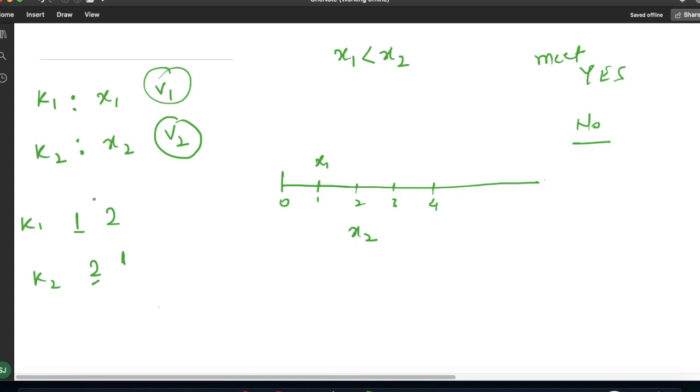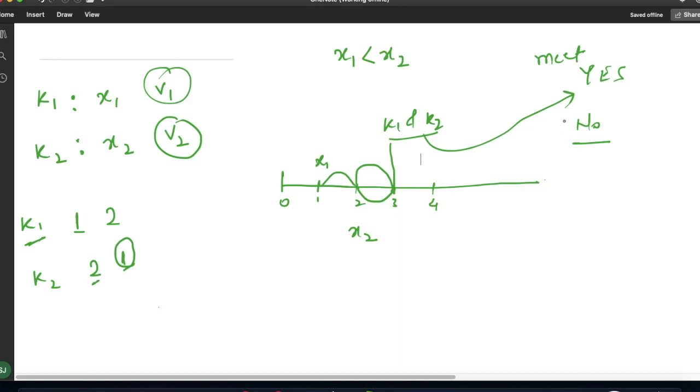You can see here, for this example, suppose k1 jumps 2 meter at a time, so it reaches the point here, and k2 jumps only 1 meter at a time. You can see here, if k2 jumps 1 meter, at this point both k1 and k2 meet. So for this scenario we have to return yes. If they can meet at a certain point, then we have to return yes, otherwise we have to return no.